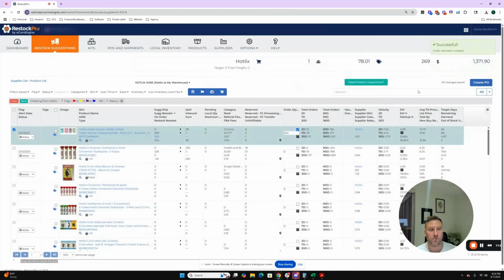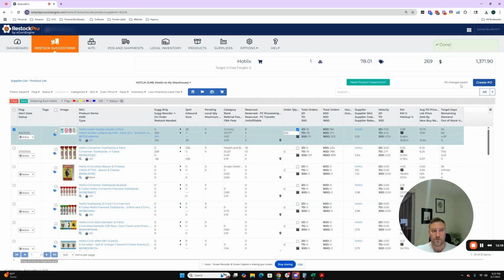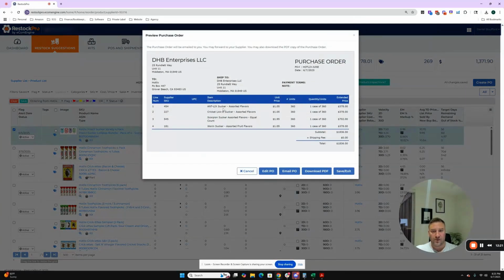It'll create the PO. And then the cool thing about this software is this is actually 4 separate products that I'm ordering, and it's what they call a kit. So the product will come as 4 different SKUs, and then my warehouse or prep center will assemble those together into kits. And what the software will do, it'll break down the PO into the components. So we open this up here. As you can see, it's broken down into the 4 different products that we have to order from the supplier